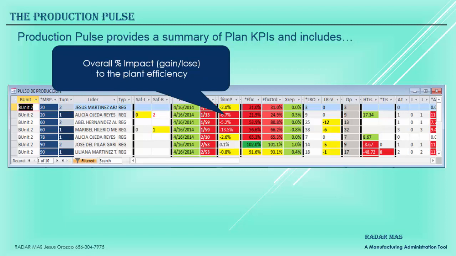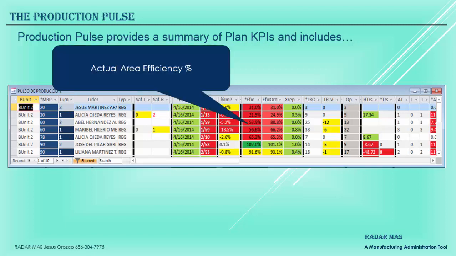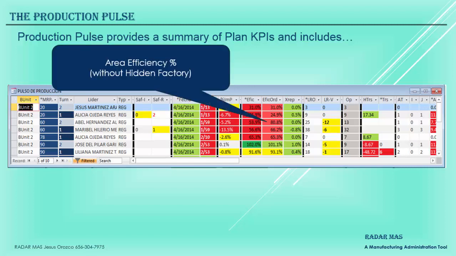the overall impact of efficiency gain or loss, the actual area efficiency, the actual area efficiency but without considering the hidden factory impact. This is a quick feedback to identify possible production errors,